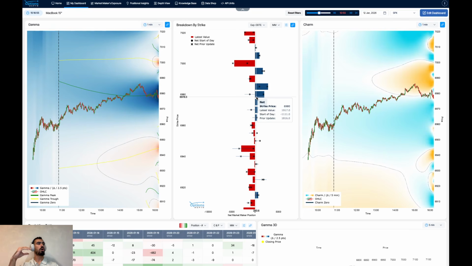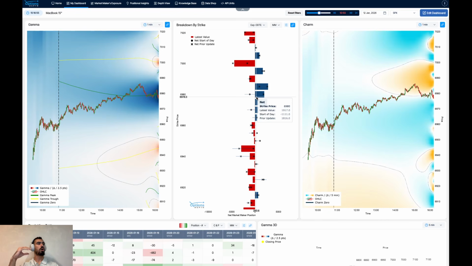And below that, charm remains supportive, driven by both the upward push from these market maker short options and the pull from these market maker long options. So this was a plus textbook